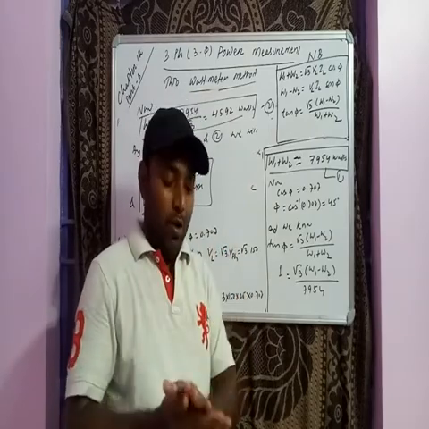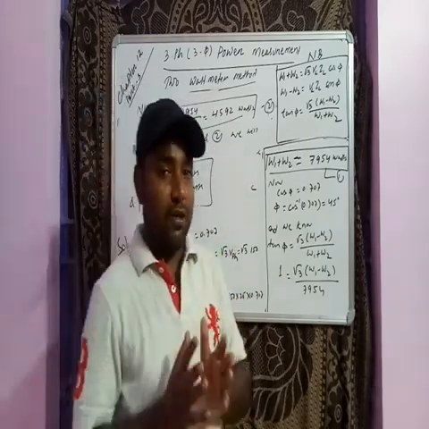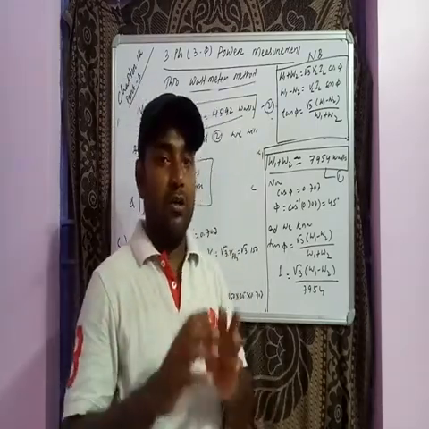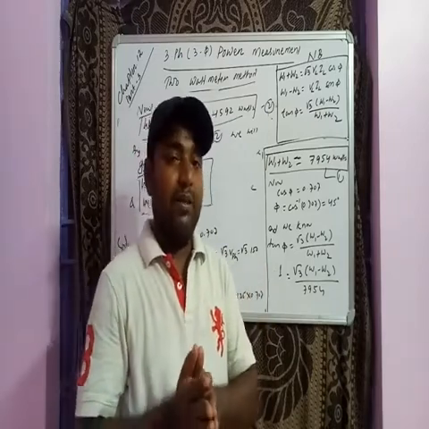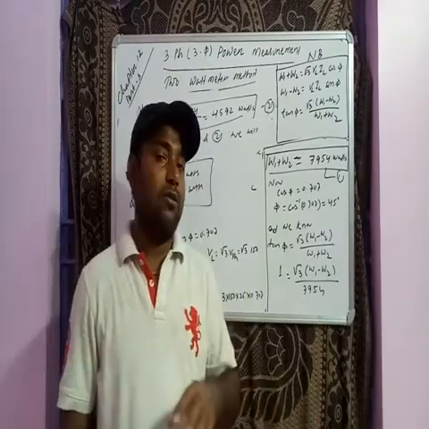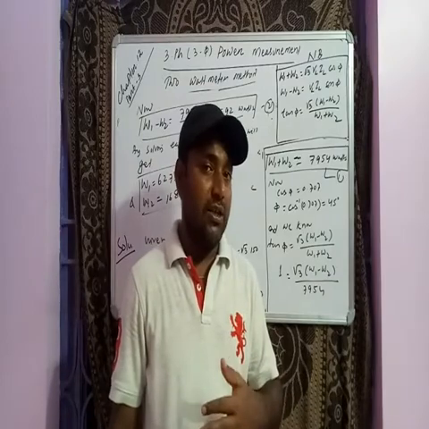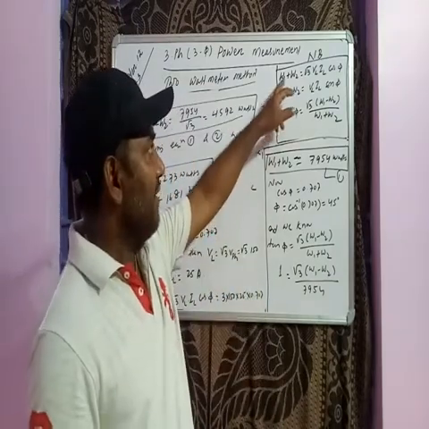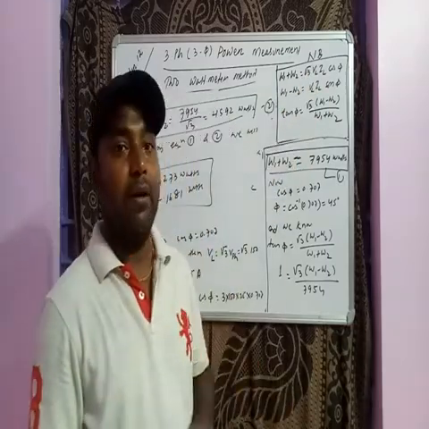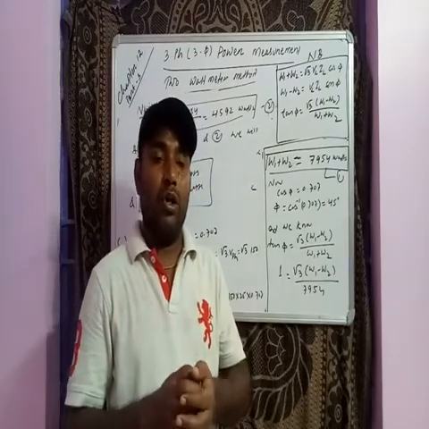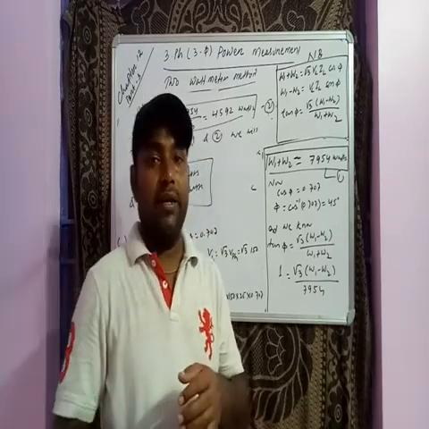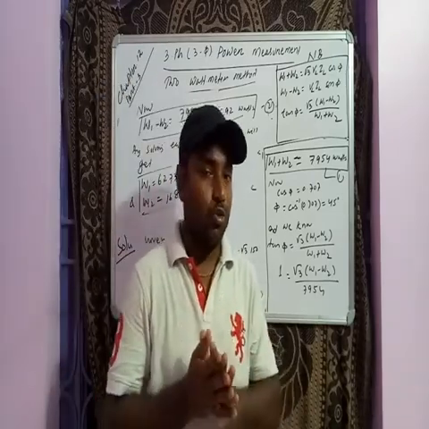So in this particular video I have discussed the methods of the power measurement of three-phase systems: 3 wattmeter, 2 wattmeter, and single wattmeter methods. Out of 3 methods I have explained that the 2 wattmeter method is the best method. So I have proved that by using 2 wattmeters we can measure the power of 3-phase systems, and its corresponding formulas I have given: W1 plus W2, W1 minus W2, tan phi. These 3 important formulas you have to remember, right? Then W1 is VL IL cos (30 minus phi), W2 is VL IL cos (30 plus phi). Those 2 things also you have to remember.